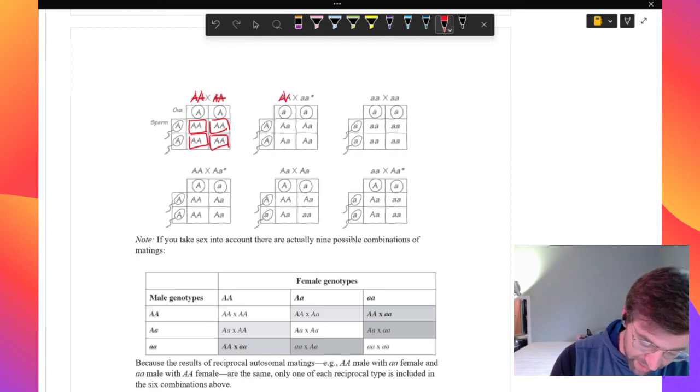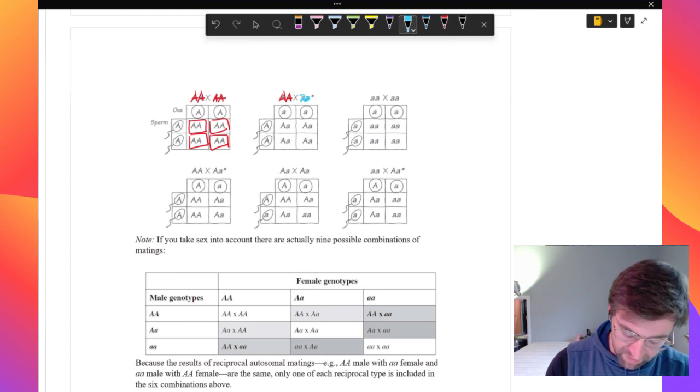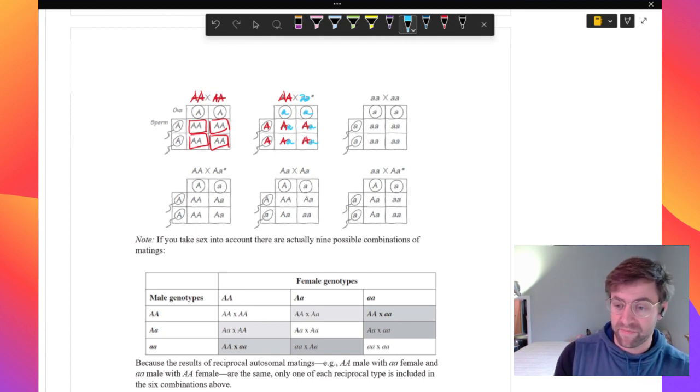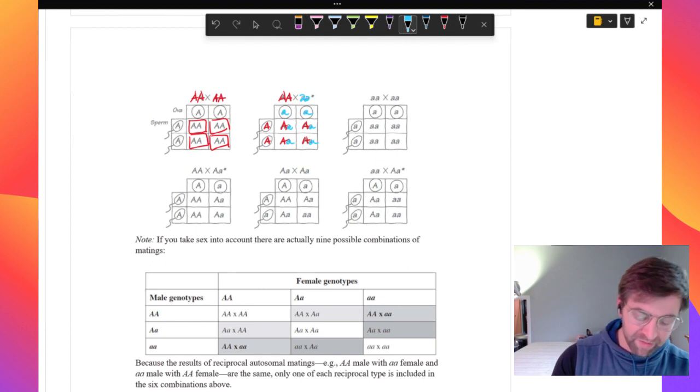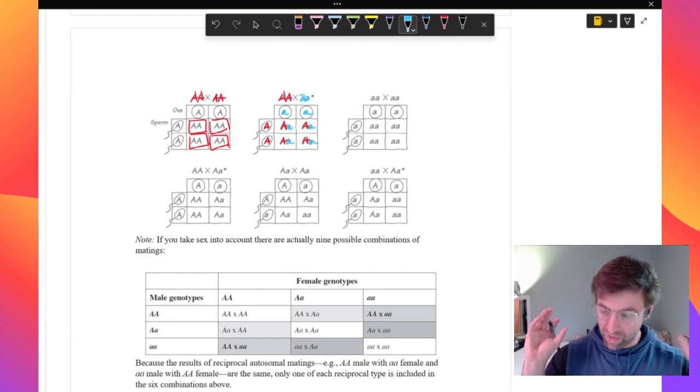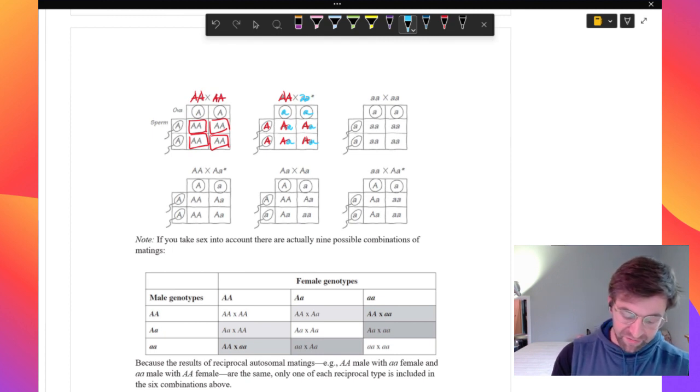If we have a homozygous dominant with a homozygous recessive, right, 100% of your offspring will be heterozygous for those alleles. 100% of them. This is where that pattern recognition really comes in. If you know that your individuals are homozygous, the same or different, you have 100% certainty of what they are going to be. The difficulty comes when you have